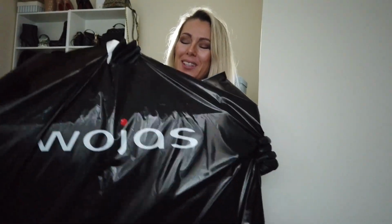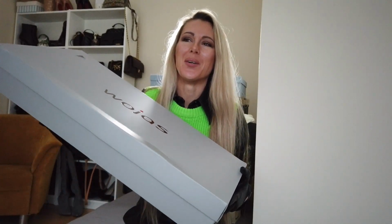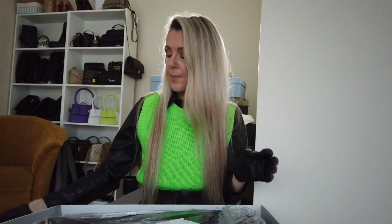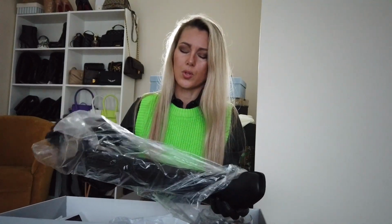So finally we can open it, and the box is of course long because they are boots. If a lady carries a long box in her bags, it means that she bought boots. So nice, just a gray box, a little bit damaged, but not me. Then we've got, if something happens, the warranty card. And we've got nice and long boots. So, okay. After white boots